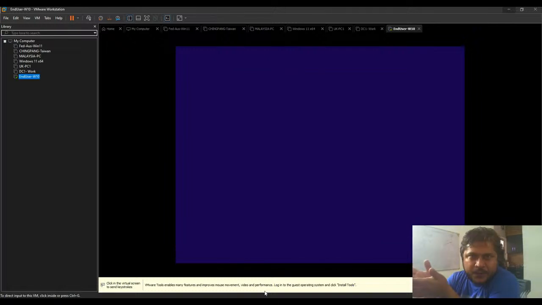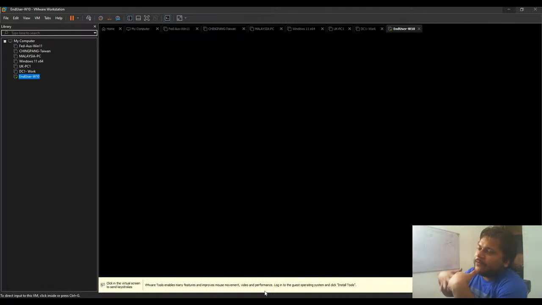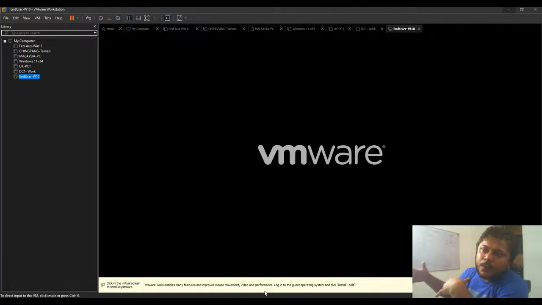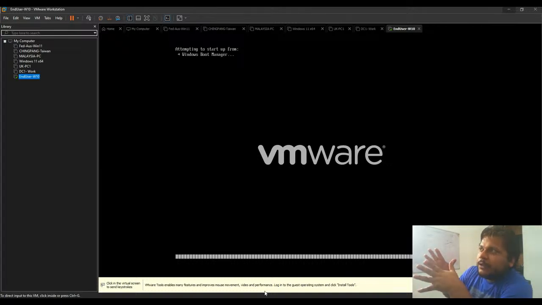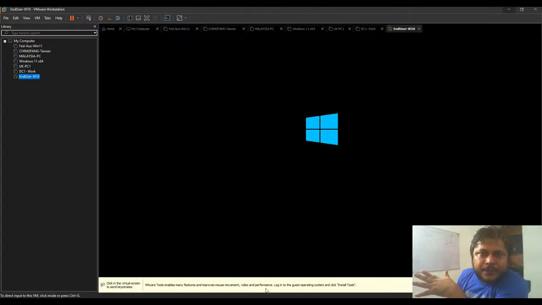So VMware is just one of them, but this is a way to show you how a client machine is installed, configured, and joined to a domain, so that the identity of that machine is within the infrastructure. You can remotely manage that using Active Directory or different management tools. We're going to talk about them in the future.